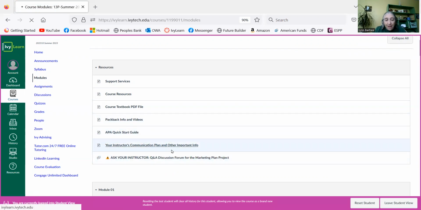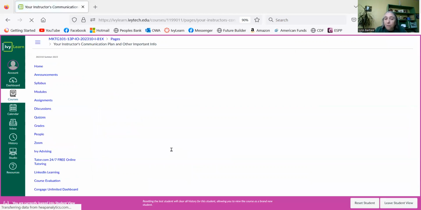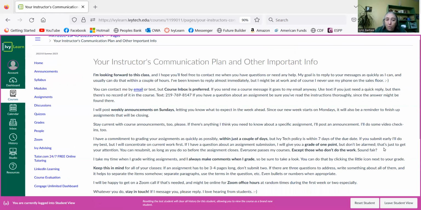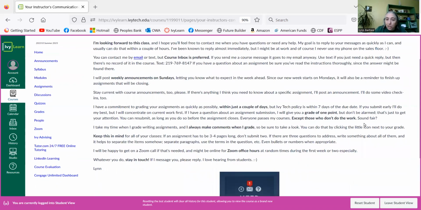And then my communication plan. Basically it talks about how I will give you a grade of 1 point, maybe if I have a question about something. I always allow more than one submission on writing assignments, not quizzes, of course, but on writing assignments. So sometimes I might give you a grade and say, if you want to add more, or did you realize you completely forgot a question?